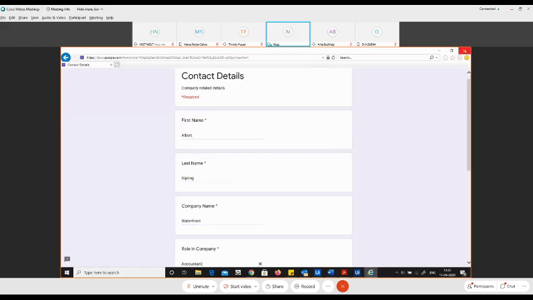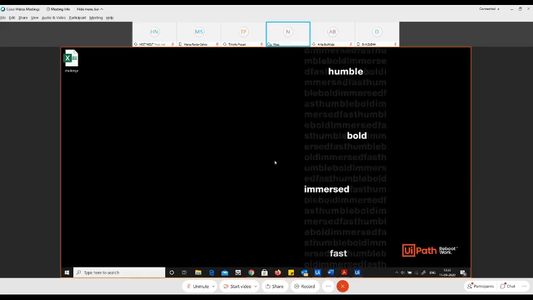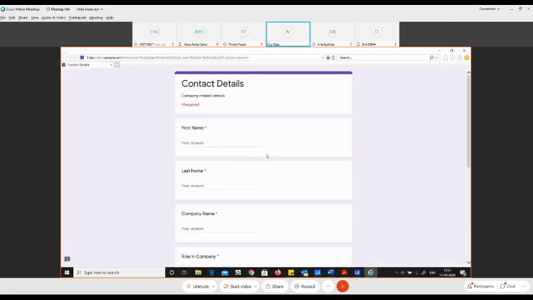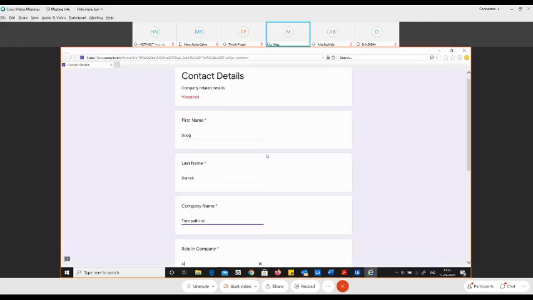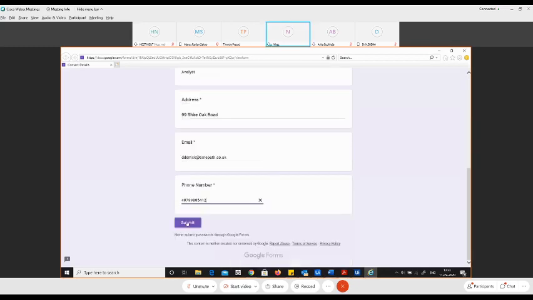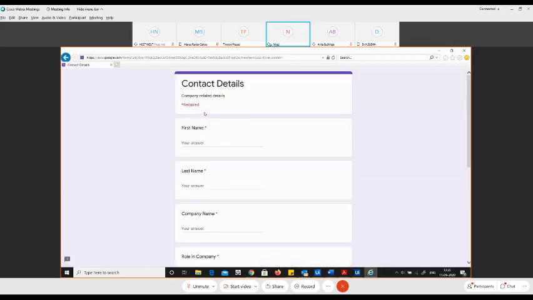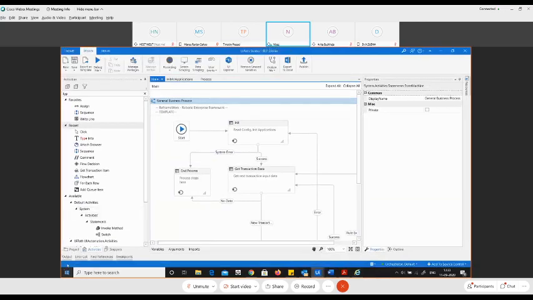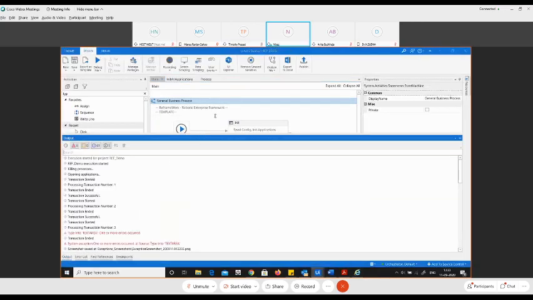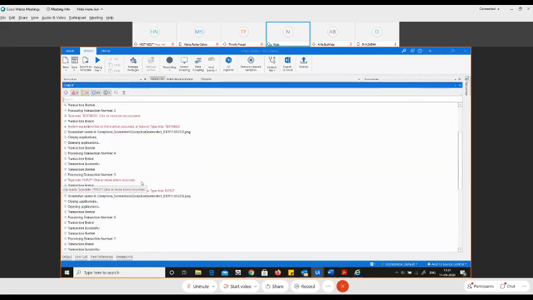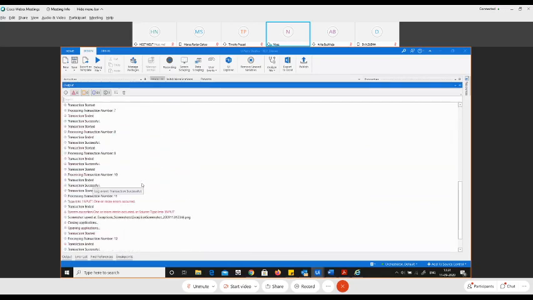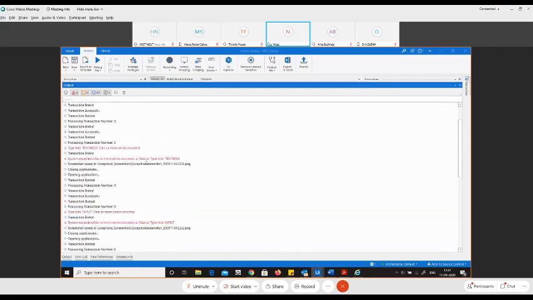Let me close it again. There you go. See, now it has started again, doing the values every time. So this is all about the RE framework, and now it has stopped. So you can see over here the errors. You can see all the transactions here. It got exceptions here. We stopped here, it got an exception, and you can see the screenshot also has been taken.